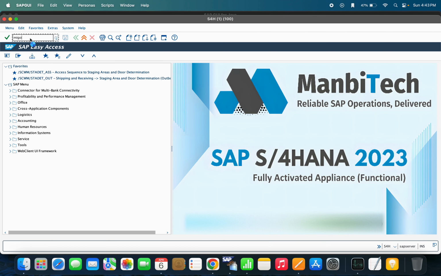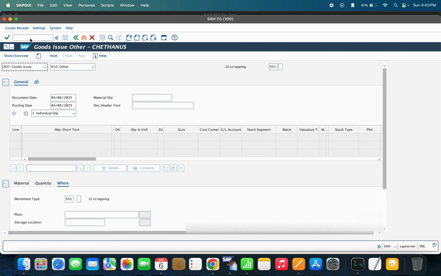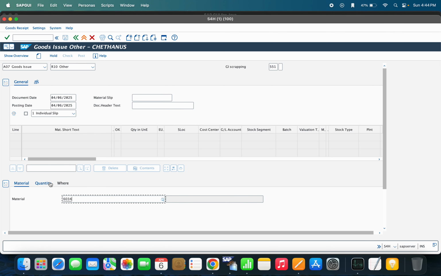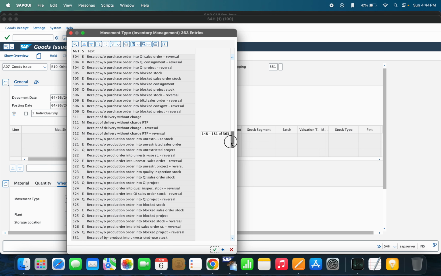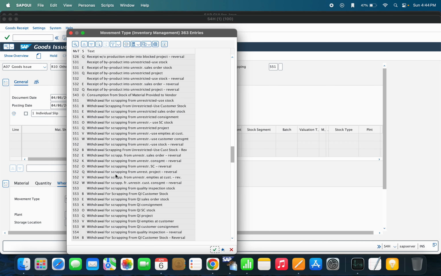For scrapping we use the MIGO screen. In the first selection box, we select Goods Issue, and then Other. I mention the material code which I want to scrap, and I want to scrap 10 quantity. You can mention here how much quantity you want to scrap. For movement type, we will take 551. 551 is taken for the scrapping of the